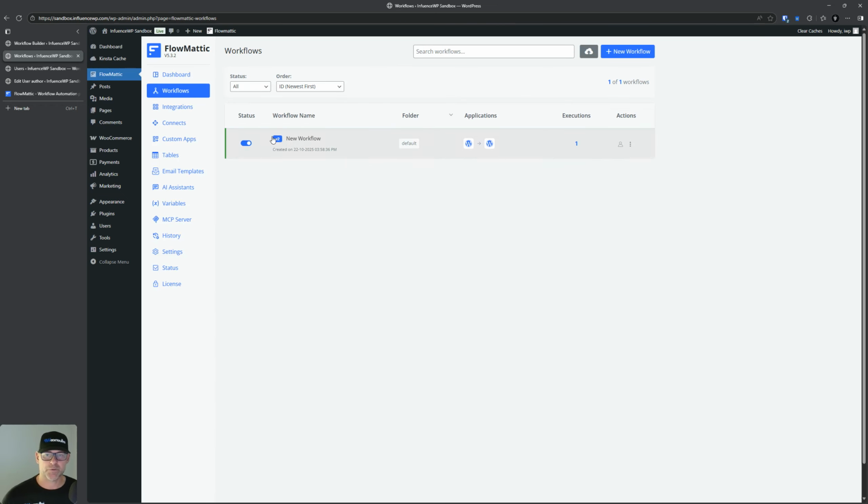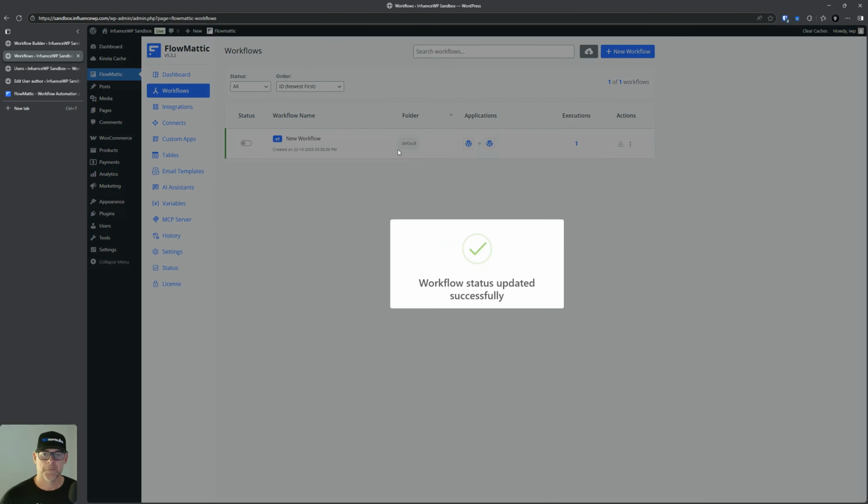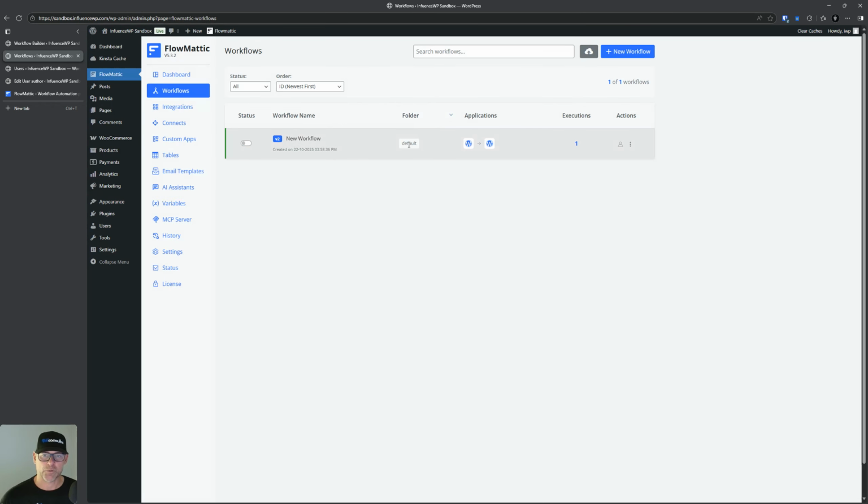That's workflows. From the workflow screen here, we can easily toggle workflow on or off. I'll go ahead and toggle it off. We can assign folders, it looks like. Our applications that are involved, how many times it was executed, under the actions here: edit workflow, view history, clear history, export the workflow. So we saw that before. If you want to import it into another site, for example, or maybe just back it up for some reason,